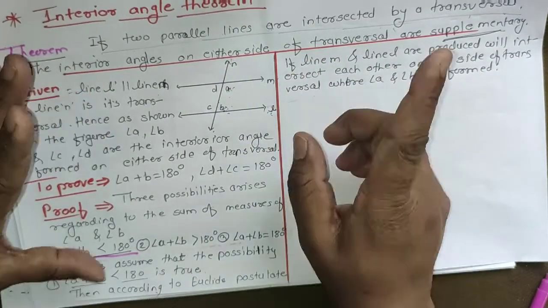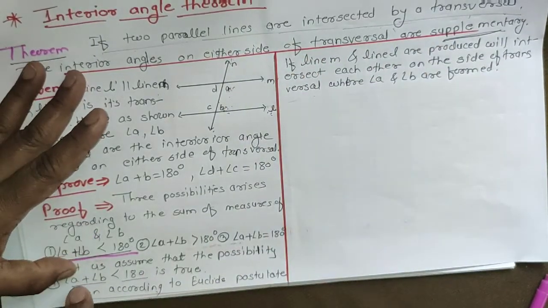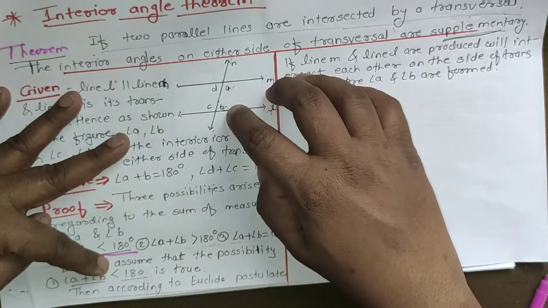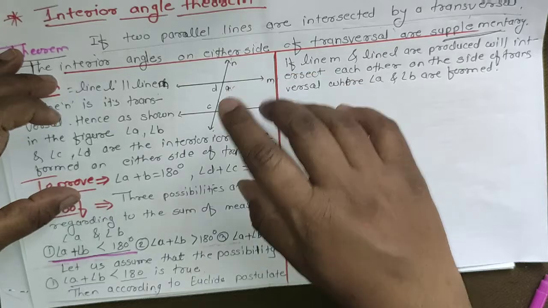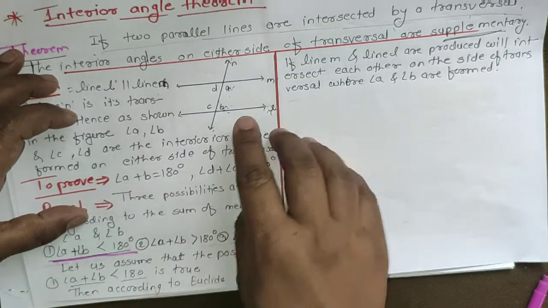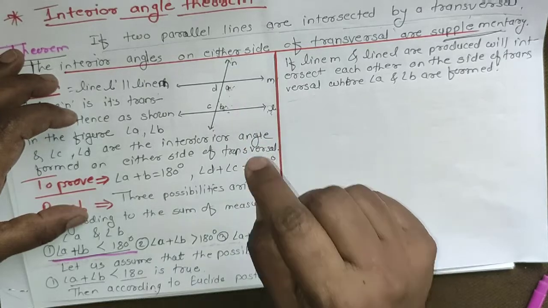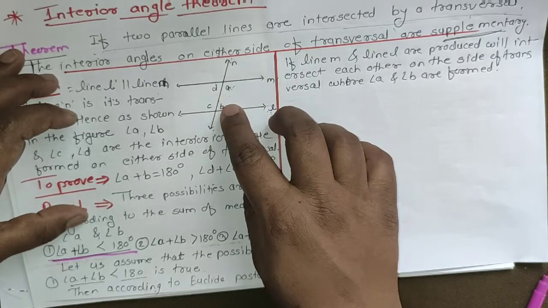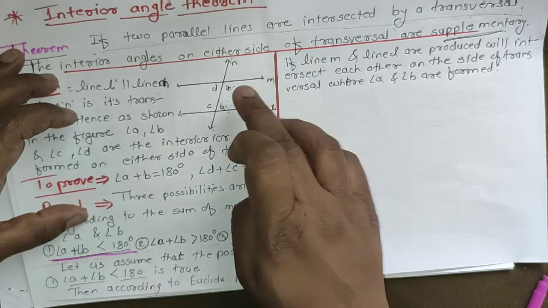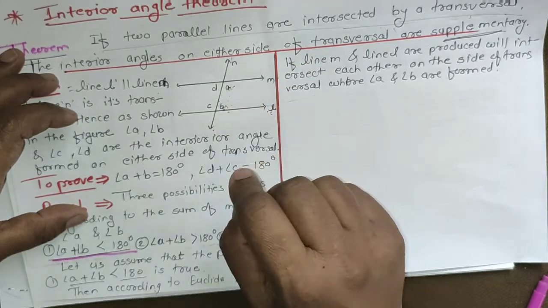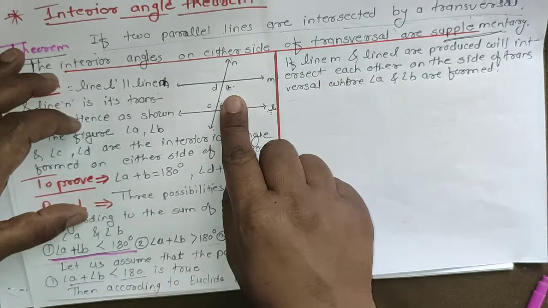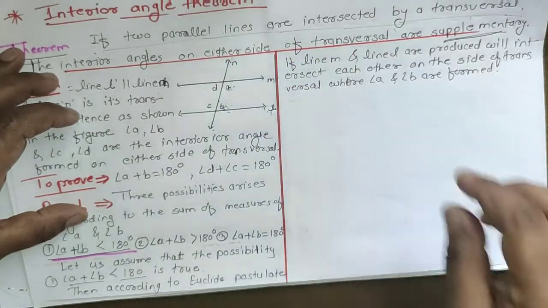So what I said that Euclid said, that first possibility we are taking, A plus B is smaller than 180. If A plus B is smaller than 180, what does it mean? Two right angles sum, 90 plus 90 is equal to 180. So the first postulate of Euclid said that if the sum of these two interior angles is less than the sum of two right angles, meaning 90 plus 90, which is 180, and if it is less than 180, these lines meet each other